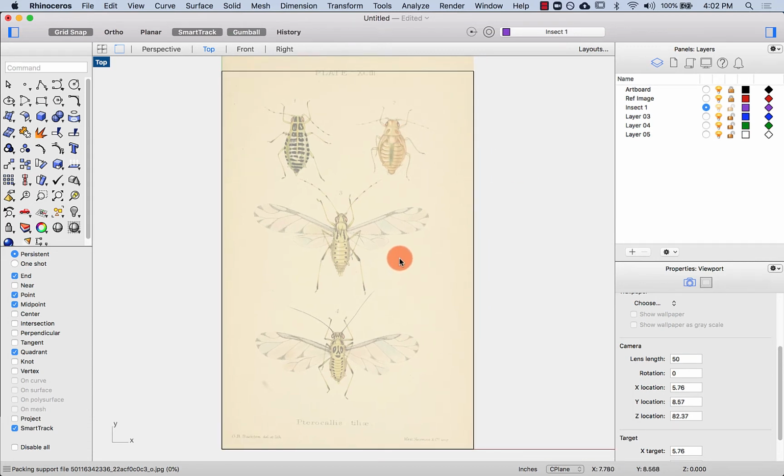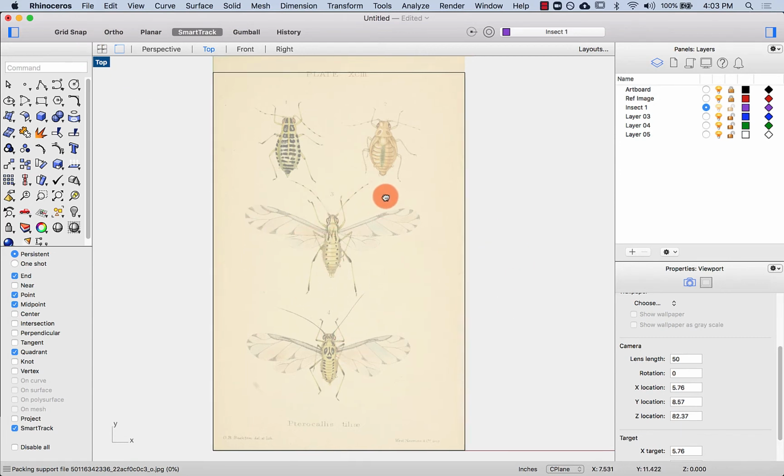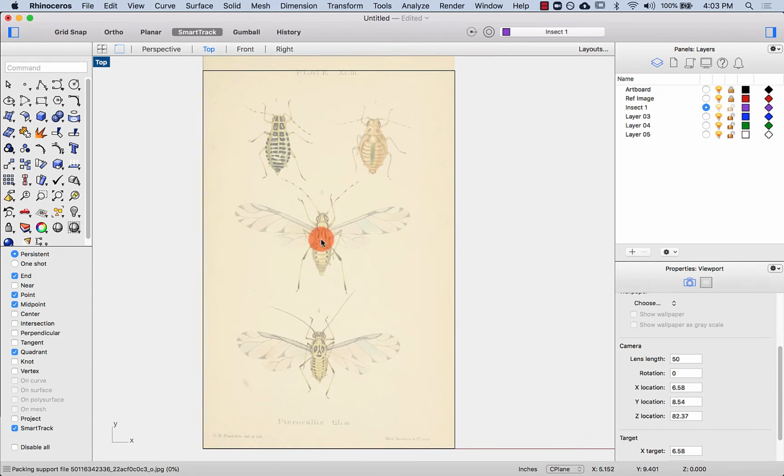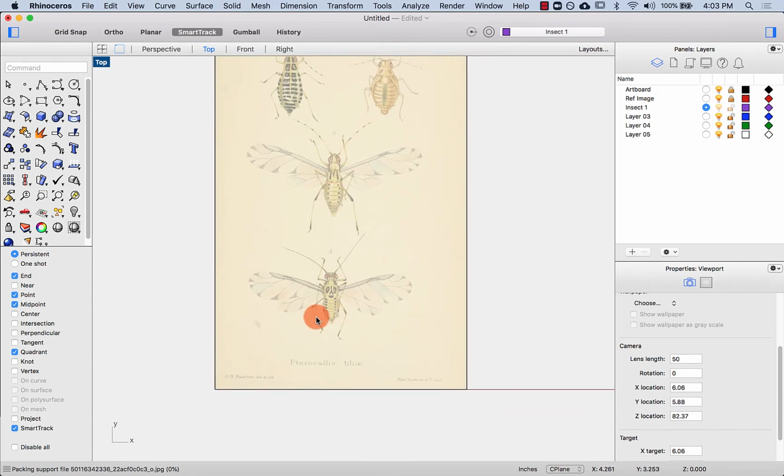The last thing I'm going to do is I'm actually going to switch off my gumball. I'm going to switch off grid snap, because I actually don't want to snap to the grid. I want to be quite precise in how I model. Great, so let's start modeling. So I think I will start with this